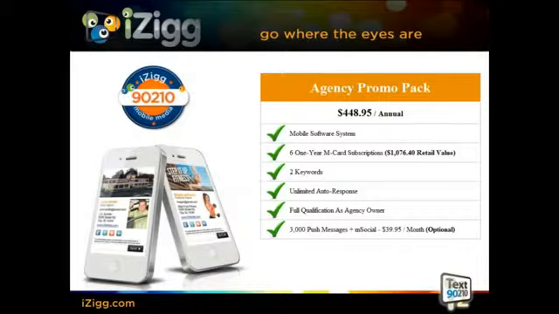Guys, with the scope and the magnitude of the market with trillions of dollars up for grabs, if you ever wanted to go and hit the financial home run of your life, not based off luck or chance, but based off mass market demand and irrefutable results in literally every vertical across the board, you can start that path not for tens or hundreds of thousands of dollars, but for $448 with our agency promo pack, that provides you everything that you need to start profiting today.